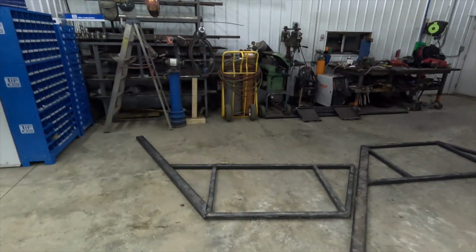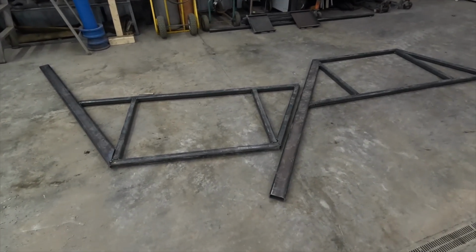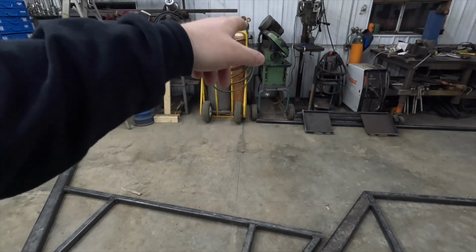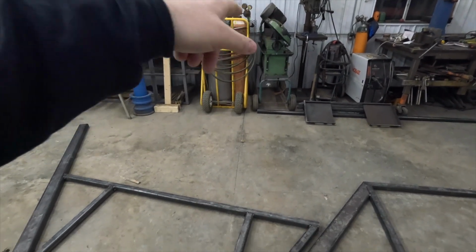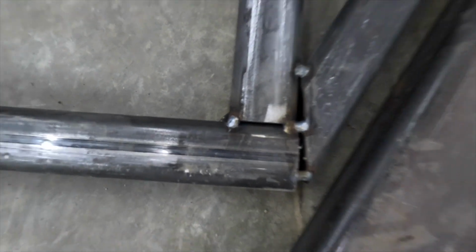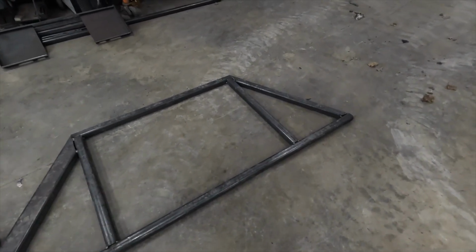So I got Tech building that bedding box. I stopped and saw him a couple times yesterday and it looks like he's doing a pretty good job. It's pretty simple, pretty self-explanatory, but I wish he had a chop saw or something, because the angles we need are pretty tough on that saw. So some of these angles are close. But again,